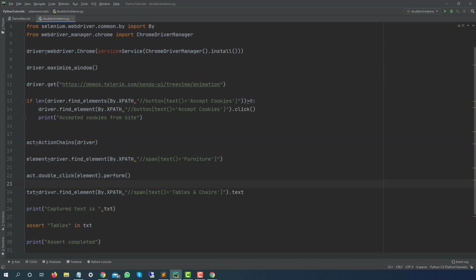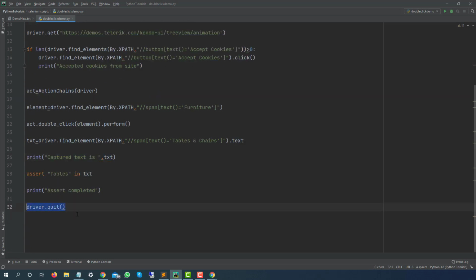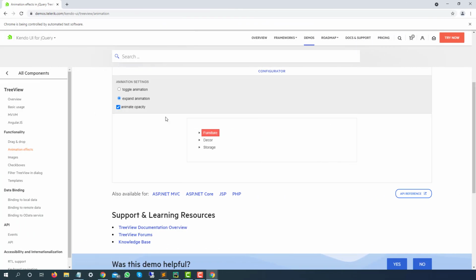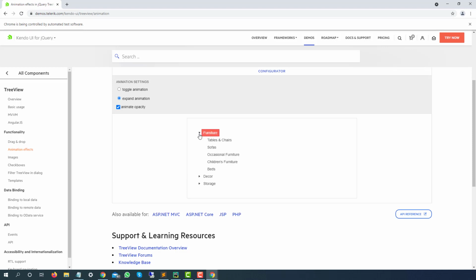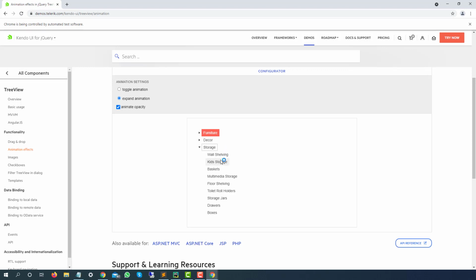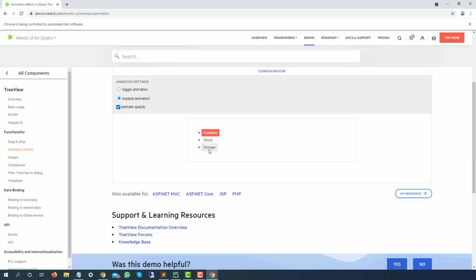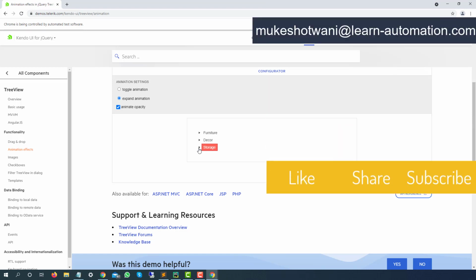After perform and double click, multiple menus are coming. So we are just trying to validate one of the options where we are first of all capturing the text of that particular web element, then we are printing, then we are asserting, and finally we are calling driver.quit. If you want to give a try with a single click, instead of double clicking on this option, you can just click on this arrow icon. You will also get the same options and you can continue. So please give a try. I will give you a small hint. First you have to find this web element, then you have to go in a reverse direction. You can use ancestor, and you can also use preceding siblings, and you can simply traverse and click on this, and then you can continue with the remaining operation.